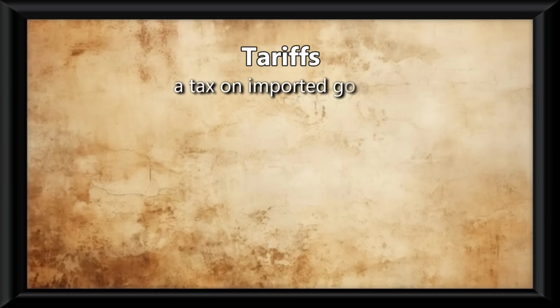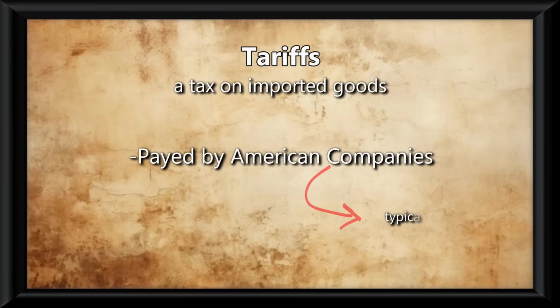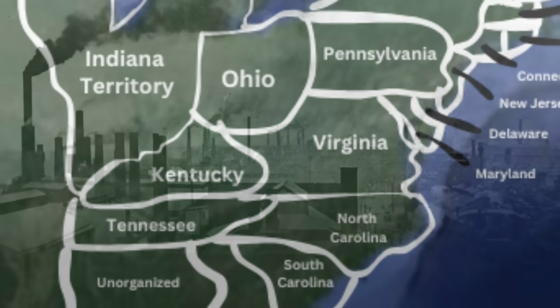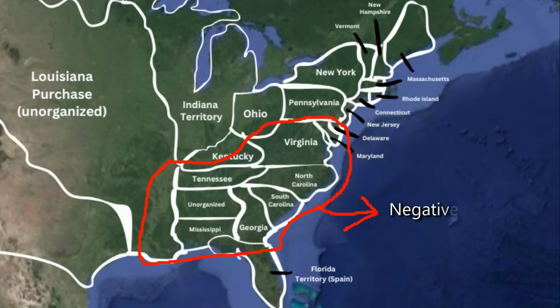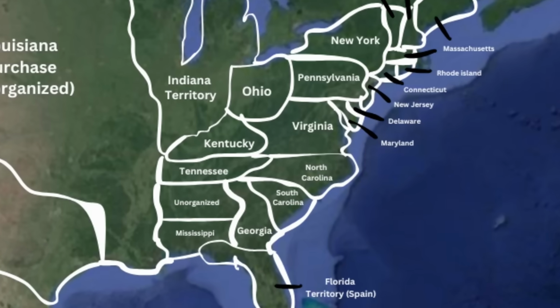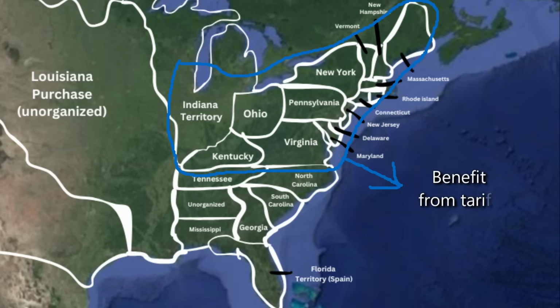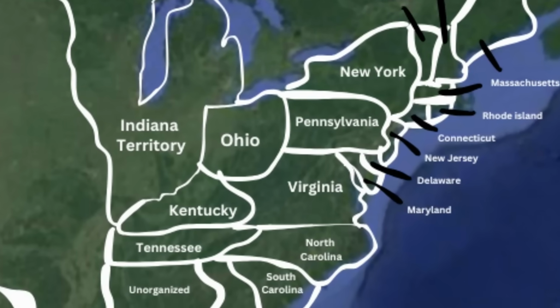But we start seeing debates over something new around this period known as tariffs, which is a tax on imported goods, meaning goods coming into America. This tax is paid by American companies, which typically raise their prices to accommodate for the tax. Understand that in a world where the South is typically known as a rural agrarian expanse known for farming, and the North is known for their industries and manufacturers, the South would be negatively affected by these tariffs as they need to import lots of goods because of the lack of industries they have. The North would benefit from this tax as Americans would start only buying American manufactured goods.